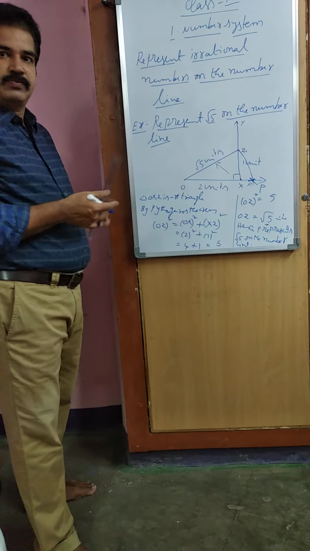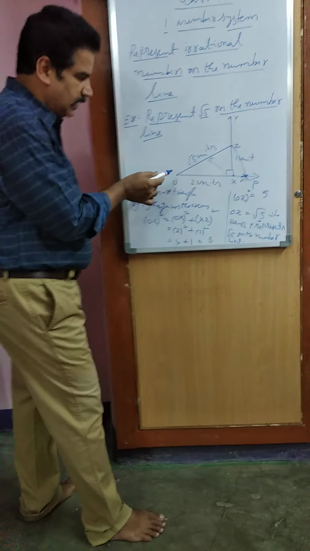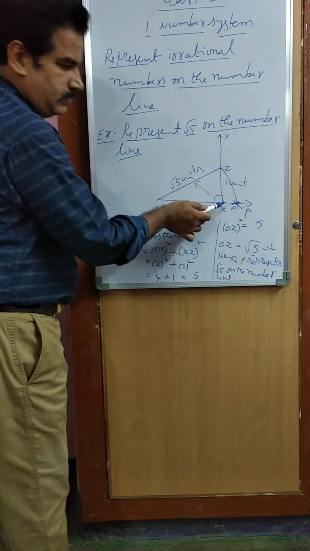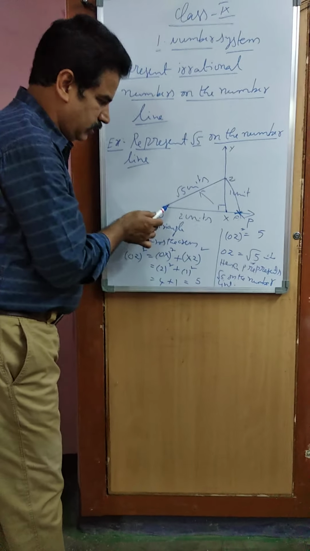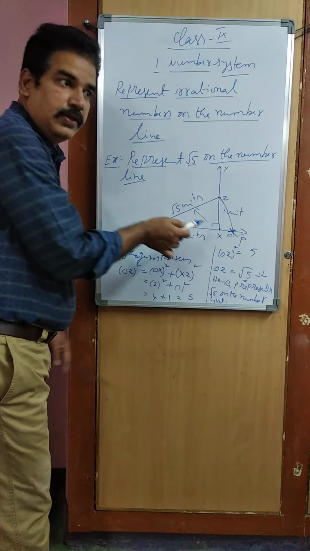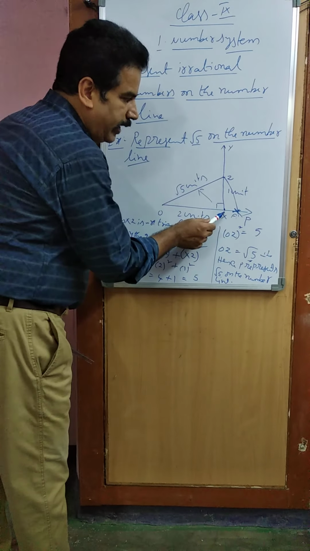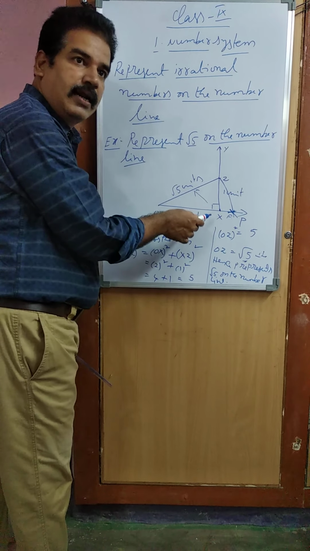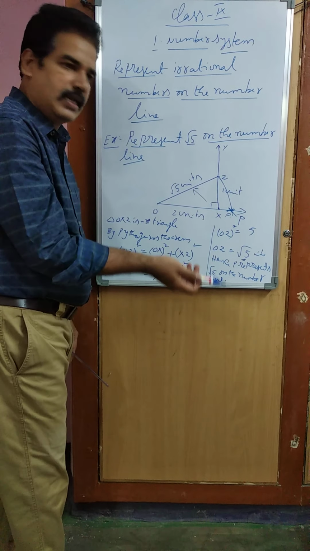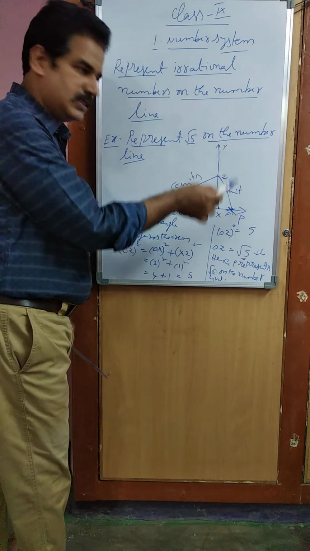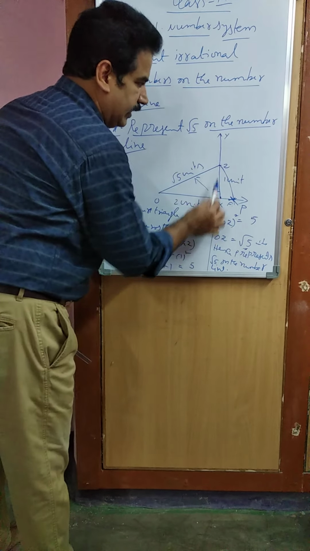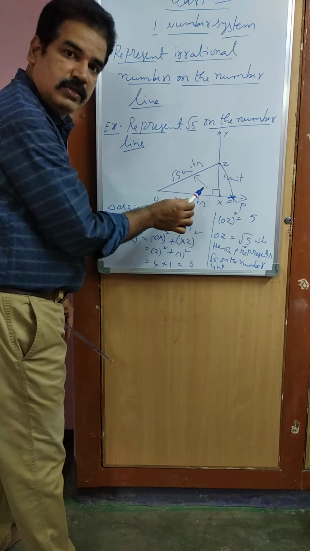Once again, you see, first I draw ray OA. And then I took 2 units. I put X at 2 units using inches. And then through X I draw a perpendicular line using a 90 degrees protractor or ruler and compass. Generally it comes in 9th class. You can do it with ruler and compass, you know how to construct 90 degrees. Through X you draw ray XY with 90 degrees. OXY equal to 90 degrees.